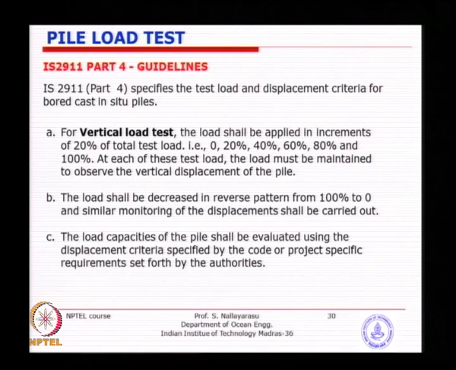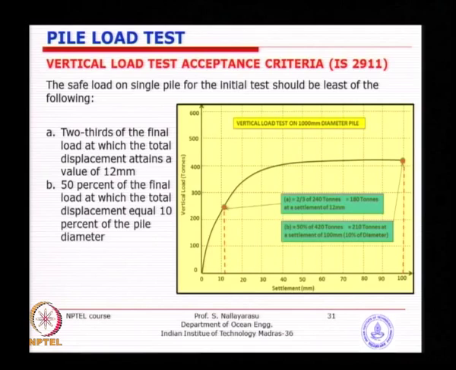So, you can refer to the code, but the criteria I wanted to look at is basically when do we decide it has achieved its ultimate capacity, and it is applicable only for concrete piles. You cannot apply this to steel tubular piles, it is not under that particular code. So, if you look at this graph, I have just plotted one of the recent tests from last year.